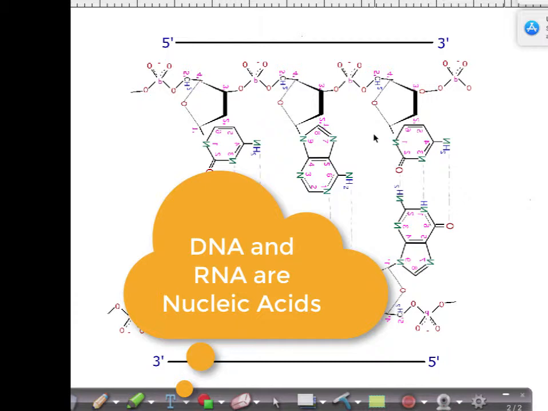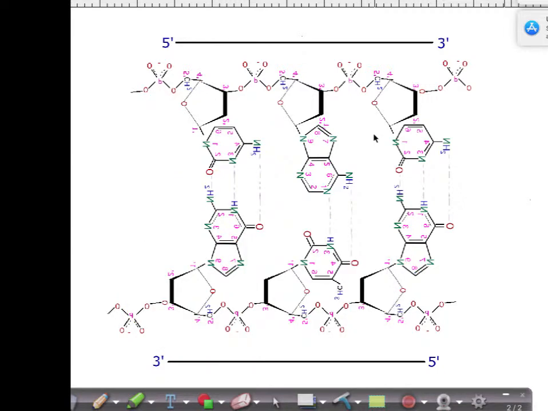So now that we understand a little bit more about this nucleic acid as a whole, note that DNA is a nucleic acid. RNA is a nucleic acid. That is the type of macromolecule that it is. So that's important to keep in mind. DNA and RNA are both comprised of repeating subunits. And you may have started to notice that, in fact, one monomer after another monomer repeats in order to give this